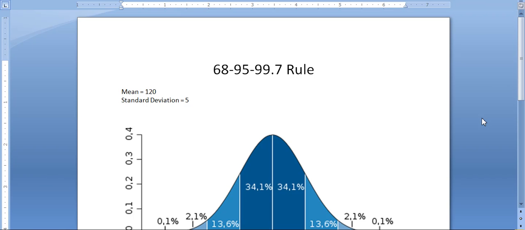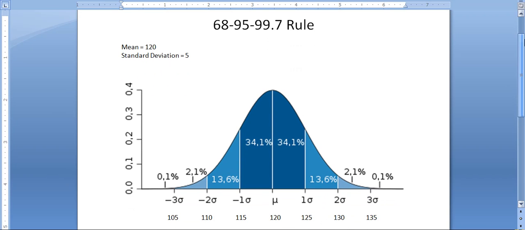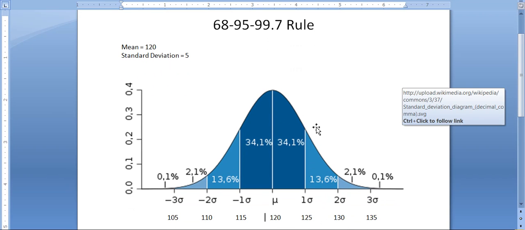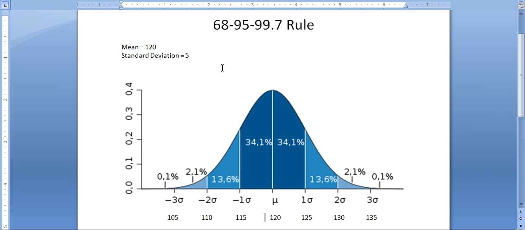I want to talk about the 68, 95, 99.7 rule, and we're going to assume that we have a mean of 120 and a standard deviation. So this rule is used for the normal distribution, and it has to deal with the percentages of area under the normal curve a certain number of standard deviations away from the middle of the distribution, which we're going to show as the mean. So the mean of 120,